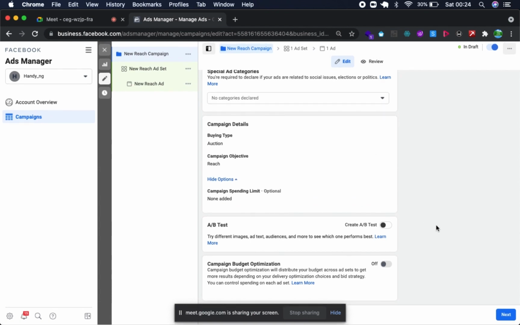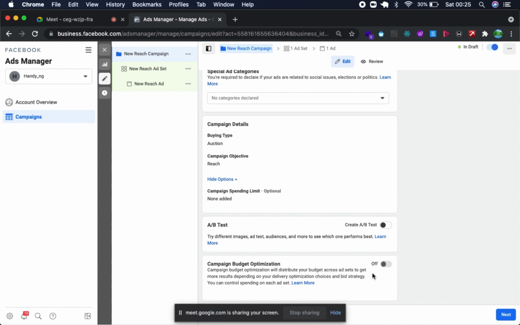If you want to do A/B testing, you do it here. I prefer to do the A/B testing manually rather than doing it with Facebook, because Facebook is going to make it quite expensive. What you can do is test 4 or 5 different ad sets and see which one is converting the most, then stop the others and scale that one. Instead of letting Facebook help you find out which one is the best and end up costing you an arm and a leg, I prefer to do it manually. Manually means it's not going to be as fast, but I think it's more cost effective than letting Facebook do it.